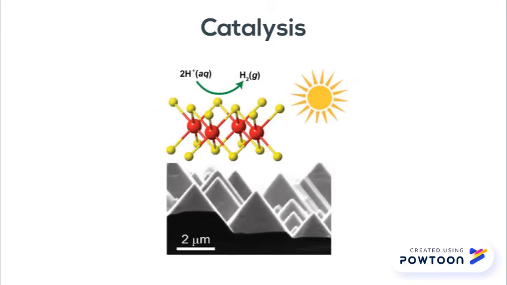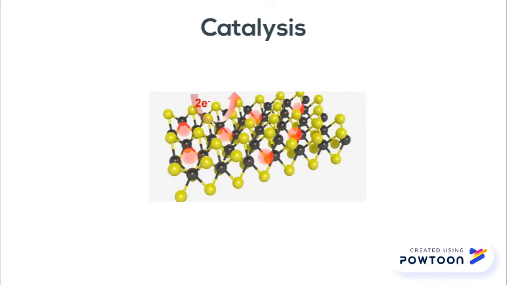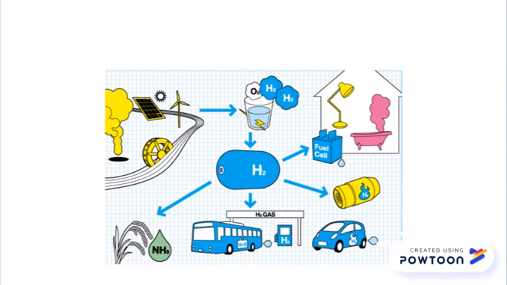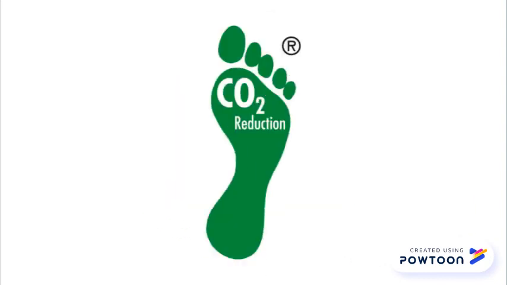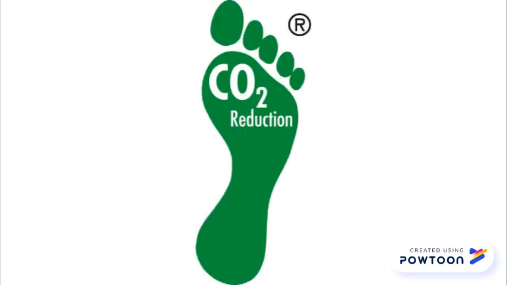Isn't that amazing? 2D materials are all surface and have immense potential in catalysis. Indeed, 2D materials like molybdenum disulfide and tungsten disulfide have shown promise as catalysts for hydrogen evolution reactions. 2D materials for hydrogen production can ensure access to cleaner fuel. These materials have also been used for CO2 reduction reactions and hence can reduce the carbon footprint,